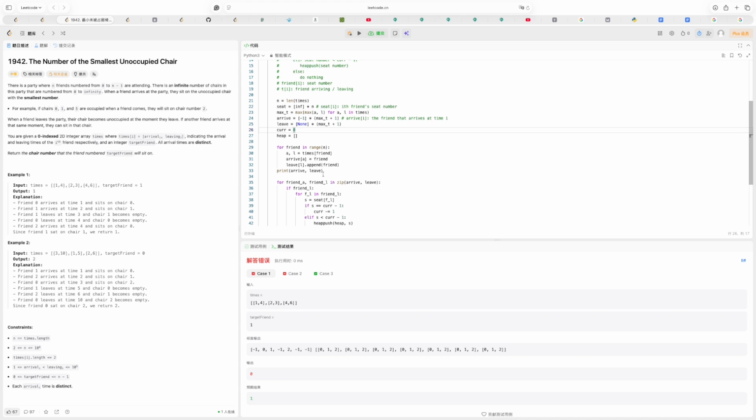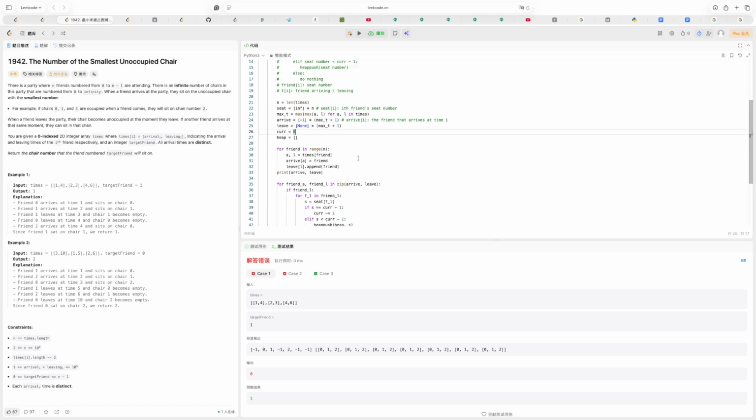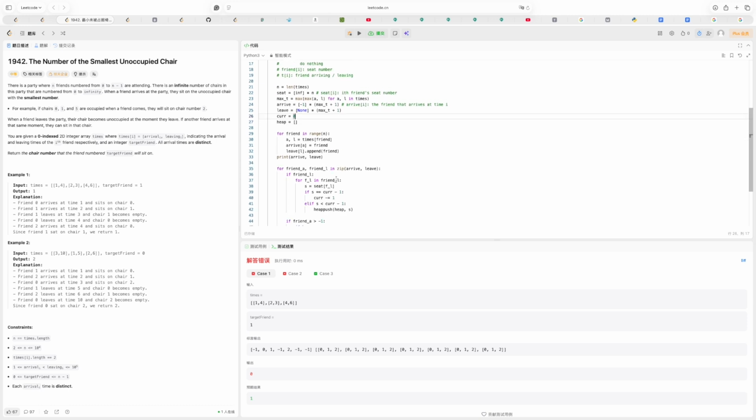And okay, if leave l already has an array, then leave l appends friend. Else it would be leave l equals